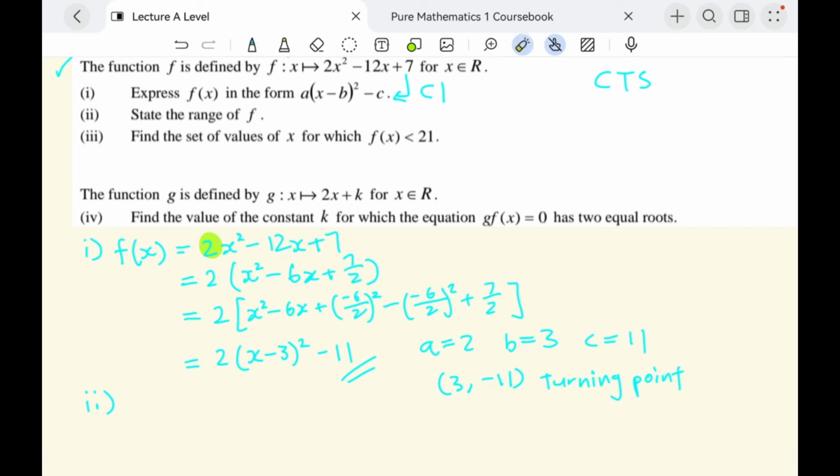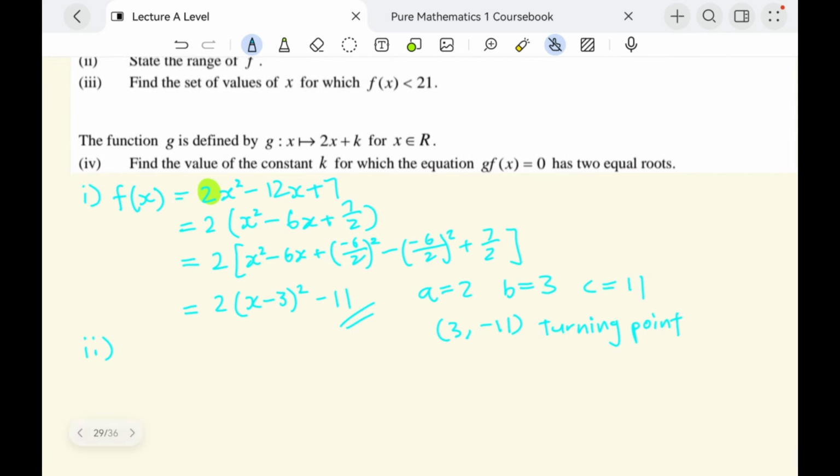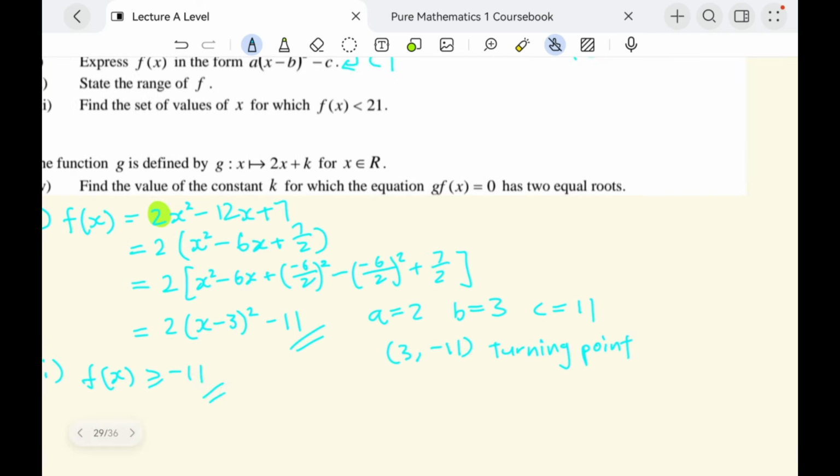State the range of f. What is the range of f? You see, your a is positive, correct? That means this quadratic function has a minimum point. So what's the range? You can write f(x) is greater than or equal to -11. That's all. Why? Because you see,